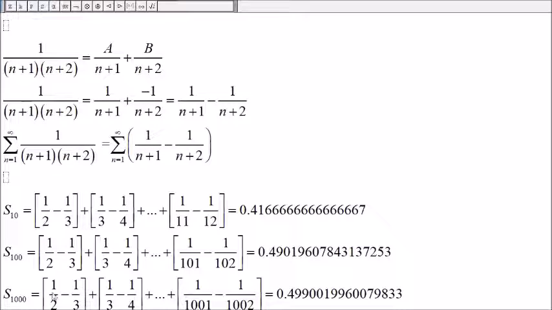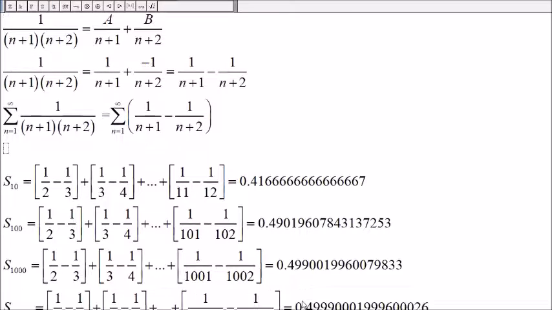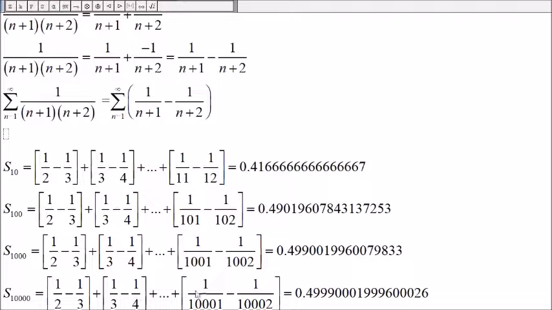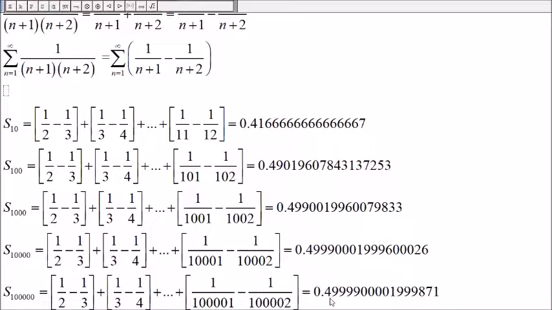The sum of the first 1,000 terms is 0.499. The sum of the first 10,000 terms is 0.4999. And the sum of the first